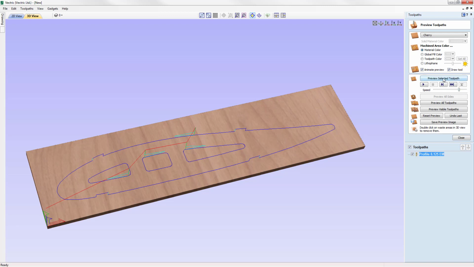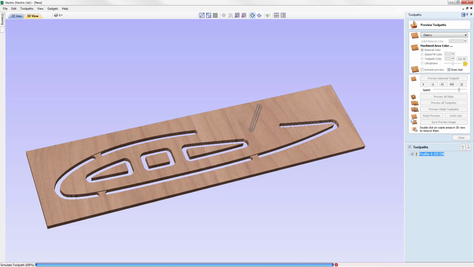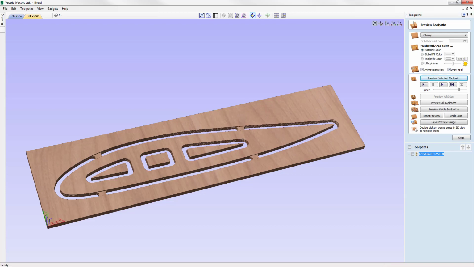And then we could simply use this option here to preview the selected toolpath, and you'll see that the software will basically create a simulation of how the part is going to be cut, and what you see here is exactly what you're going to get on your CNC machine if you were to cut this out. And this is the beauty of this preview, in that we get a good idea of what the part will look like, and so the wingspar will be securely held down to the material thanks to the 4 tabs that